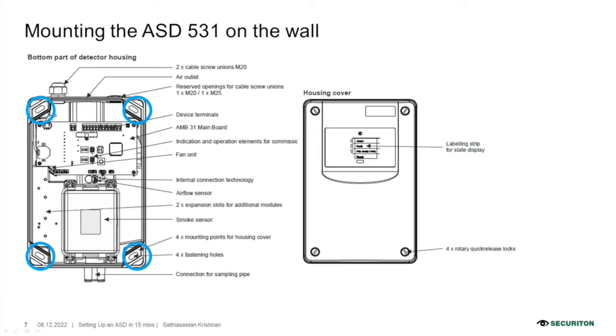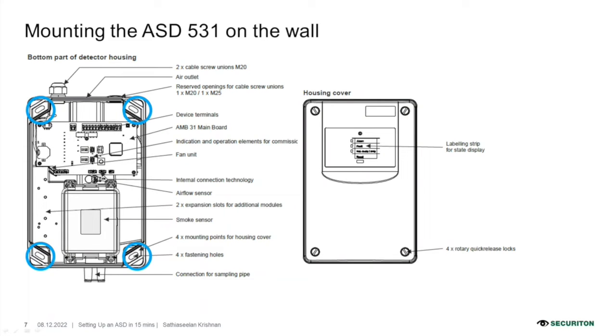So let's look into the construction of the ASD. As you can see, we will look from the top of it, and from the top you have 2 cable entries called unions, M20 connection entries. The first entry you can actually use for a power supply and or the power supply to the other ASD units, and the second entry you can most probably use for other components such as the relay connections, fault connections, and the rest of the connections. So you can distinguish between the power segment and the detection segment of wiring itself. So that makes it easier for you to do from the top cable entry